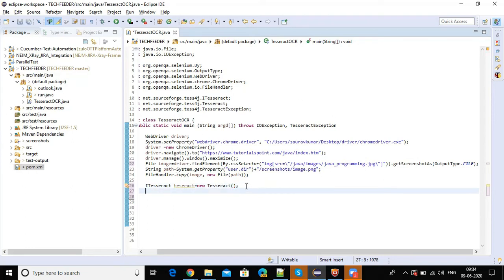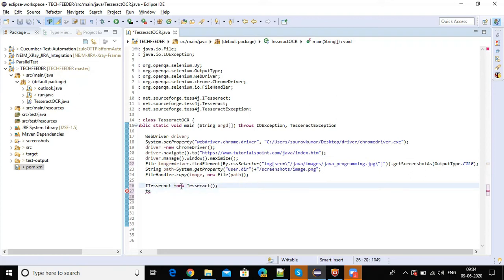I have imported that already. Now the first thing that we need to do is set the data path for the train data. For that I'll provide you a zip file. You extract that and provide a path here in this location, image testRect.